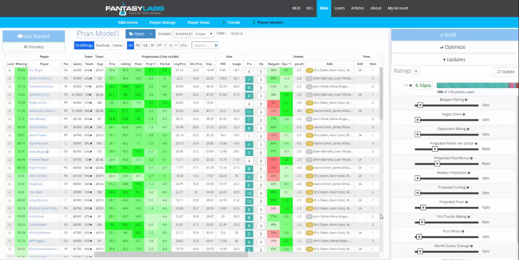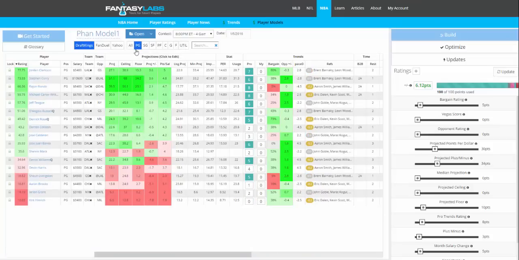And so that really means, as we're looking at players and looking at the values on FantasyLabs, that we probably don't want to stray too far down. If you've created a good model or you're using Justin Fan's model, we really don't want to jump down too far in terms of value,